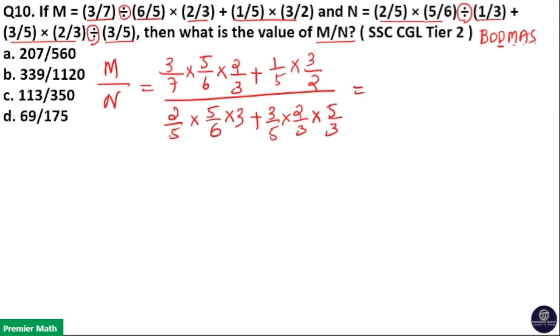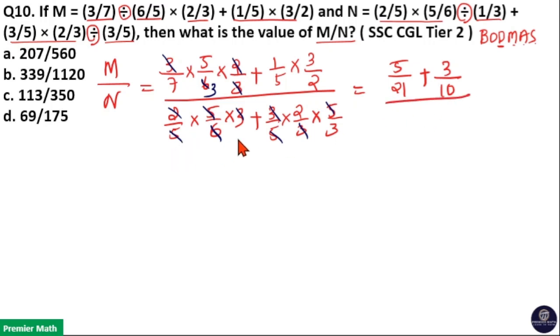Now which is equal to, here 3 cancels. Then 2 goes 3 times in 6. Now here 2 into 3 is 6. 6 and 6 cancel. 5 and 5 cancel. Here 3 and 3 cancel. 5 and 5 cancel. So remaining is, in the numerator, the first term will become 5/7 into 3, that is 5/21, plus the second term 3/10,